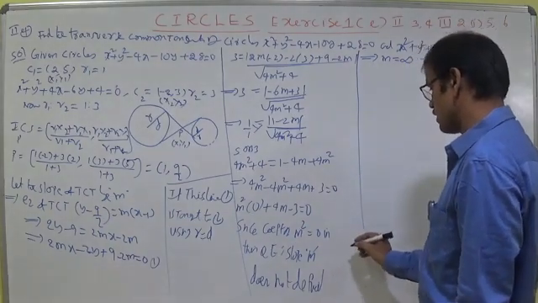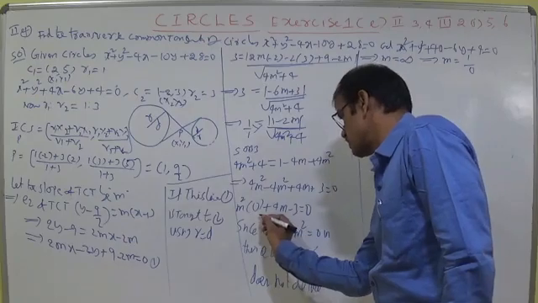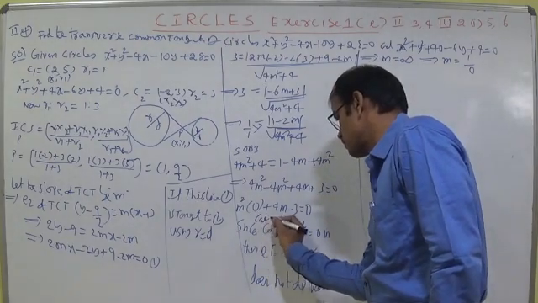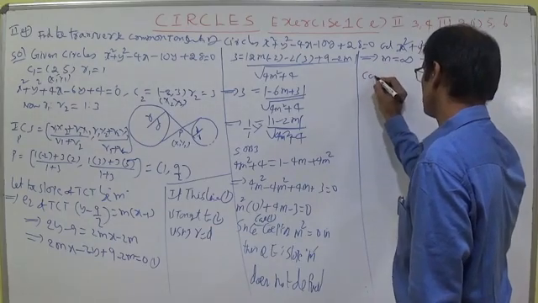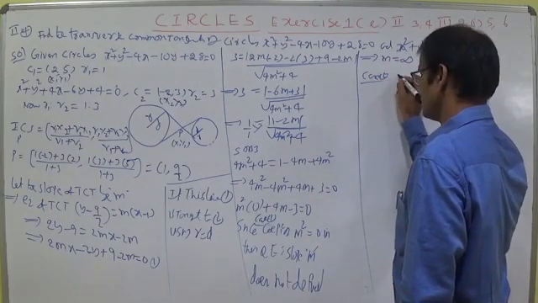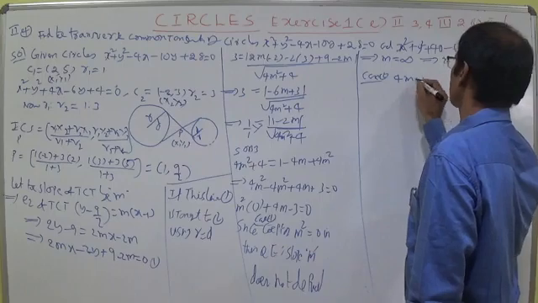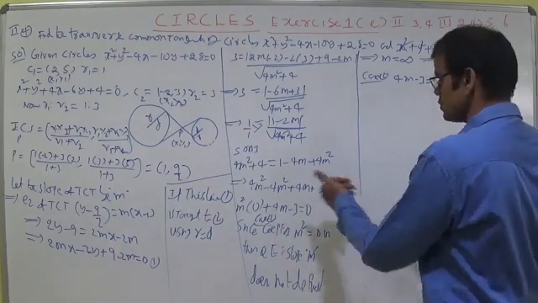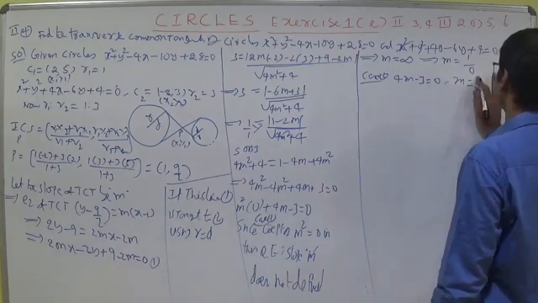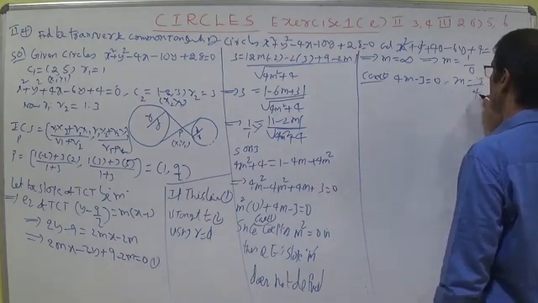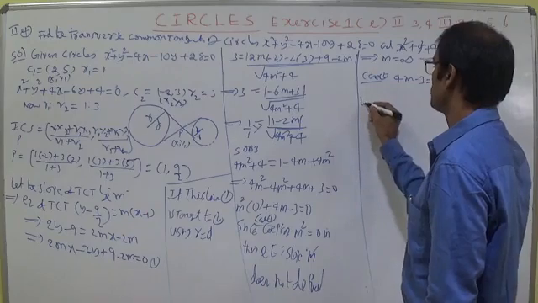Now case 1 I have written. Here put the side heading case 1. Case 2: you can write directly that 4m minus 3 equal to 0 here. So you can write directly that m is equal to 3 by 4. There is no question of getting confused. Now the equation of